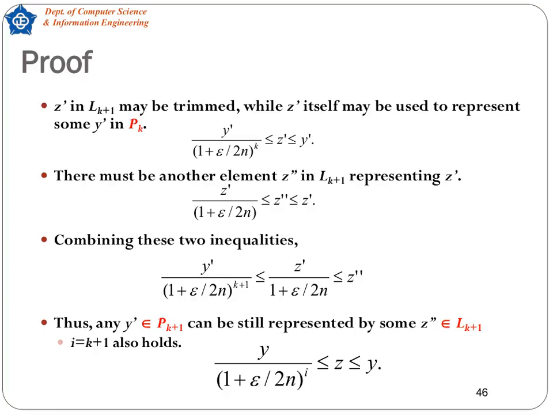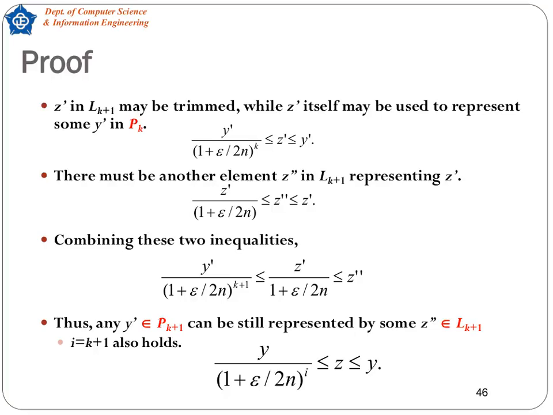Chaining these two inequalities yields y'/(1 + ε/2n)² ≤ z'' ≤ y'. So every y in P indeed has an approximating z in L. This completes the inductive step for i equals k plus 1 and shows that at each stage we maintain